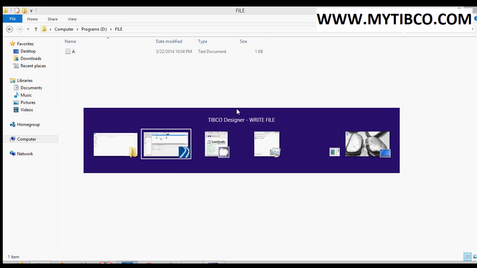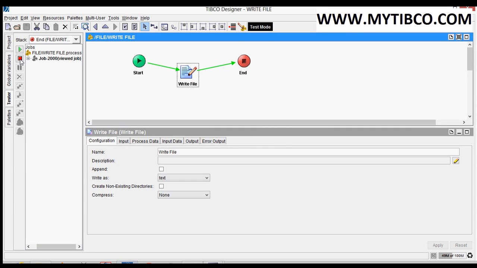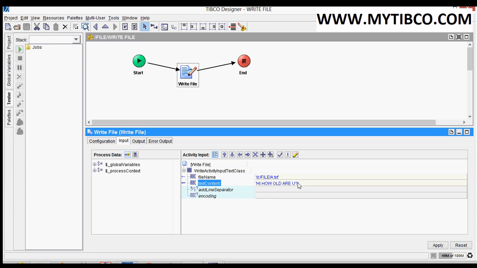Okay, now you want to append the data. Check this option. Okay, now let's change this text content. Now I am writing, hi, are you there?